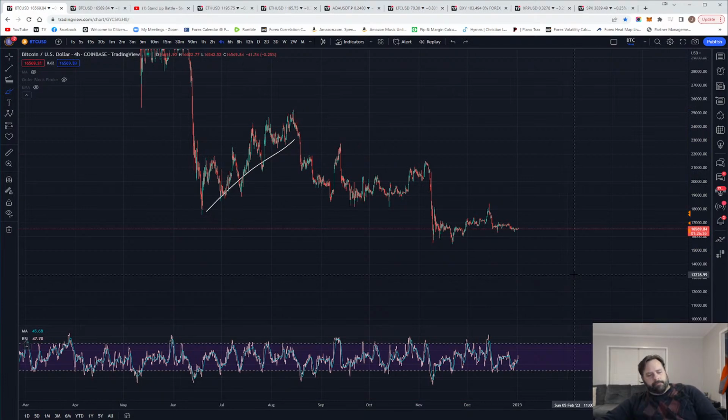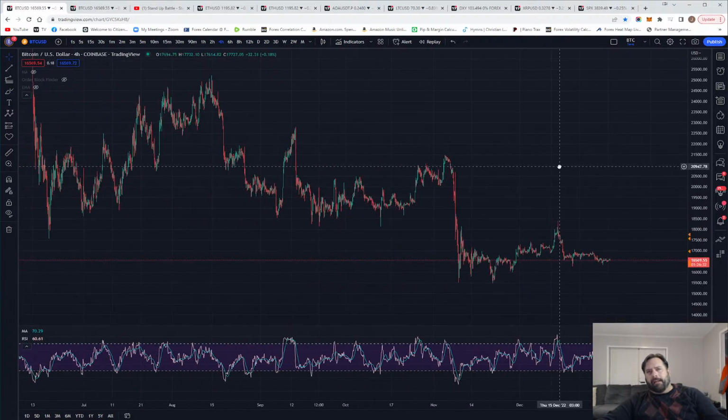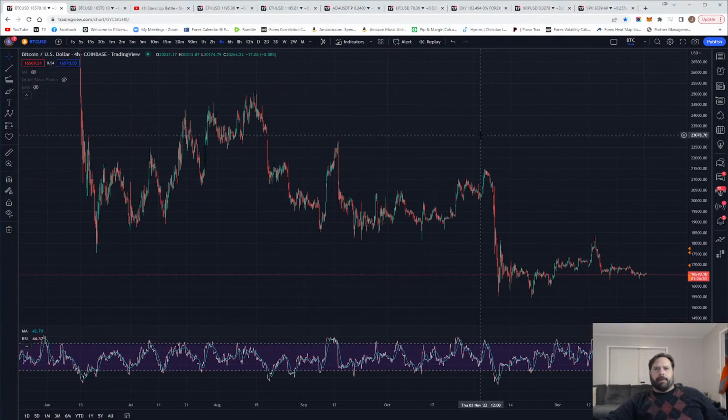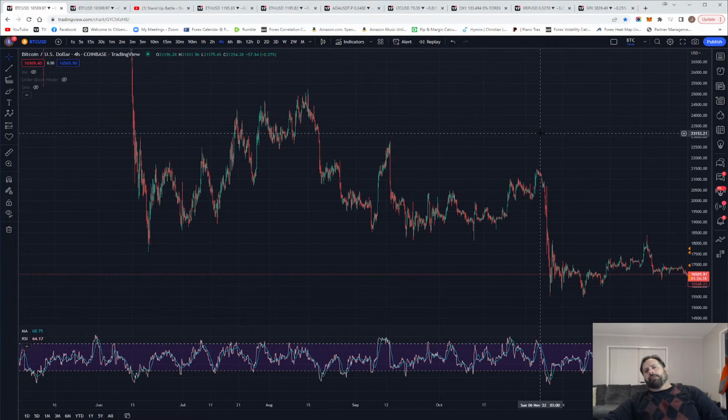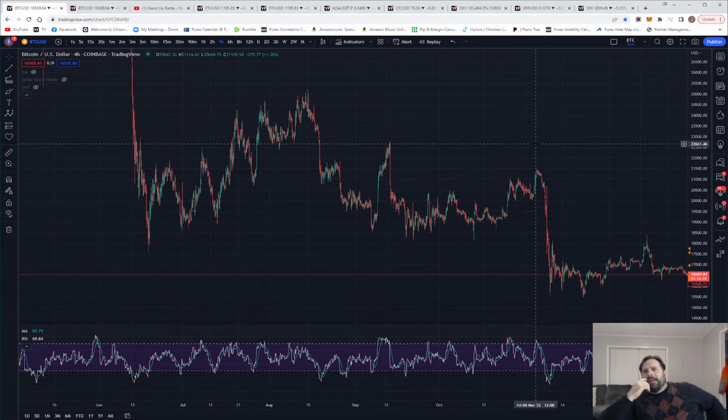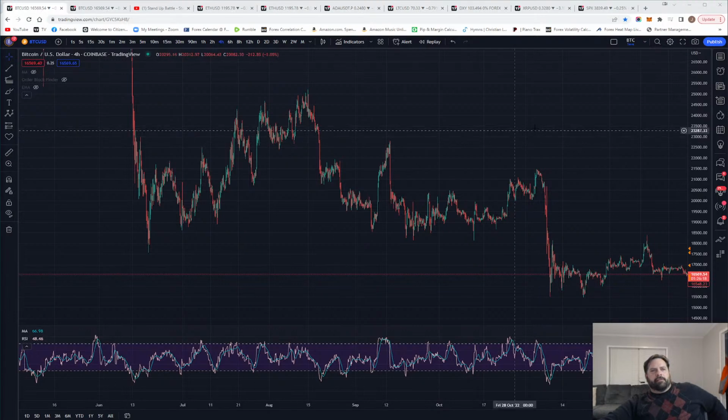Well, let's start with low-hanging fruit. Okay, that's what I teach in my Discord a lot. Low-hanging fruit is stuff you see on the chart that really you don't see any other plausible explanation for the chart. Okay,